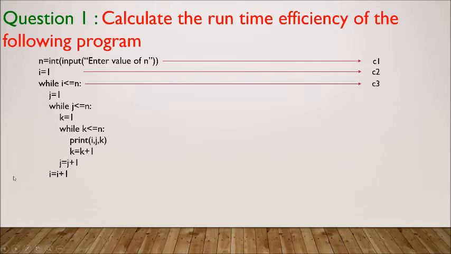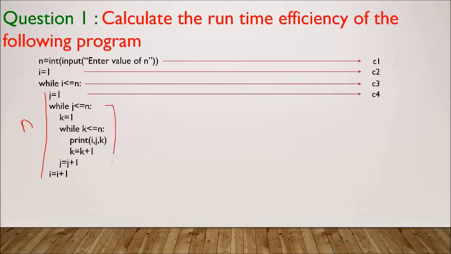Similarly, whatever is there inside this while loop will be executed n times. After that it will go to the next statement, j is equal to 1, which takes C4. Now again a comparison is there, and one more while loop is there in which these statements are there. It is also taking n time. So this n will be multiplied by whatever time is taken within this particular while statement. So the other statements,